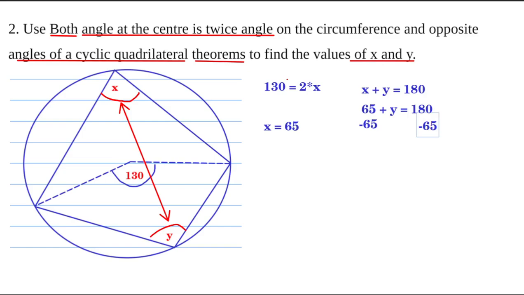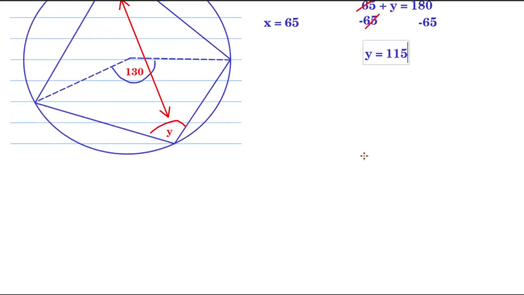Then what happens? The 65 cancels, then you are left with y on the left. Then this is equal to 115 degrees. Then we have used both the theorems. Next example,